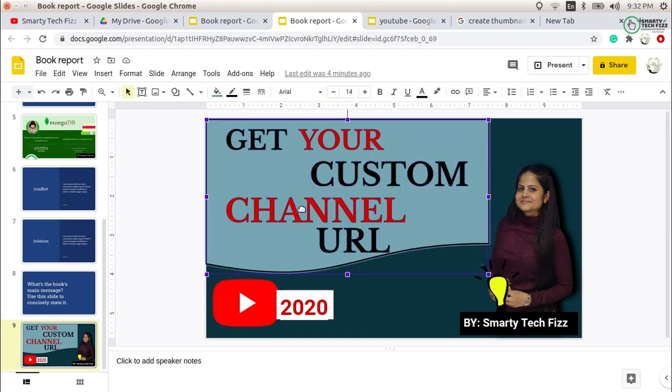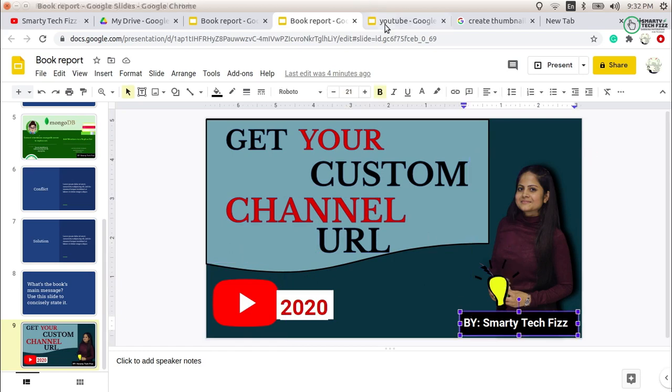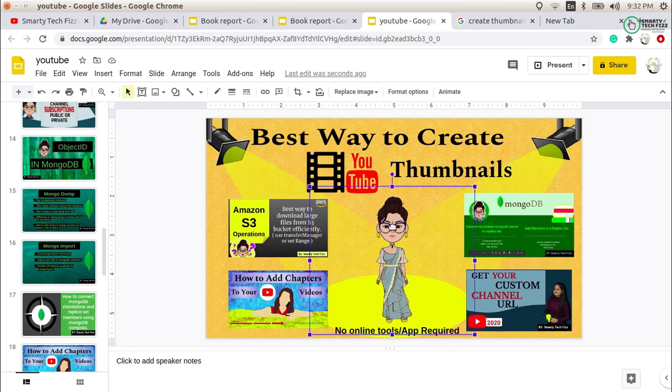You can see all the text here, and change the color of it, put the image here. This is my image, I wanted to put it out, and this is the text which I have put here. So in the same way, this is also an image which I already have with me, so I wanted to put it here. If you want to put your image, you can go and put your image here. So in this way you can create thumbnails without using any other online tools, because this is the simple thing you can use while using your Google Slides or your PPTs.